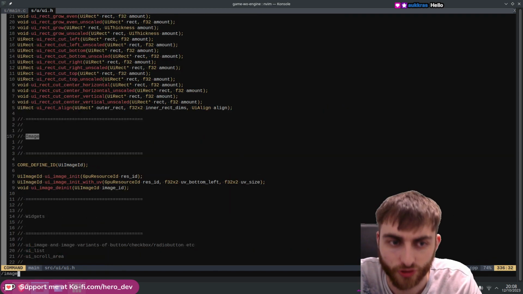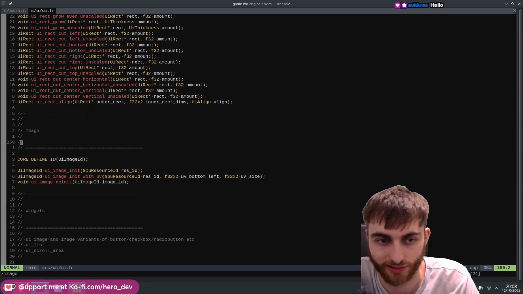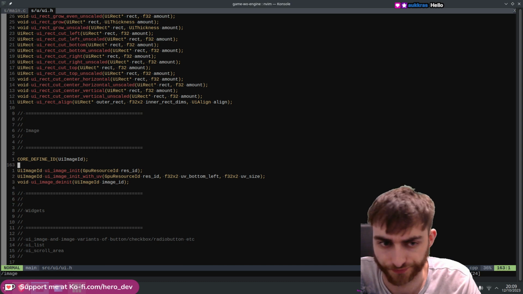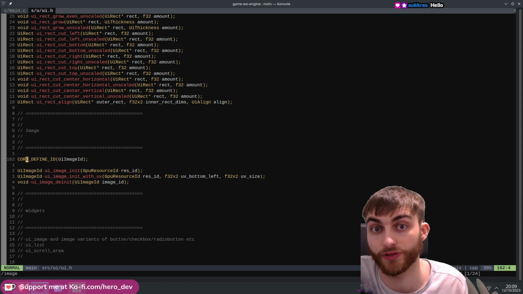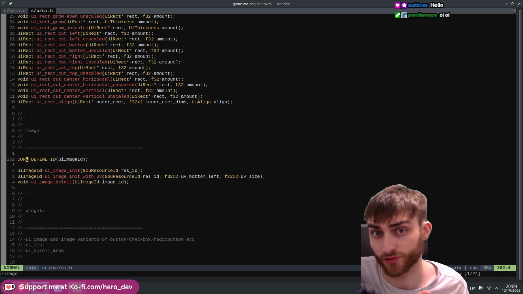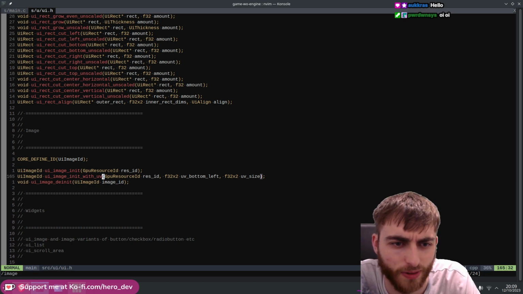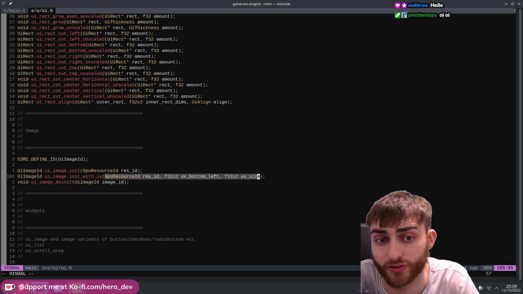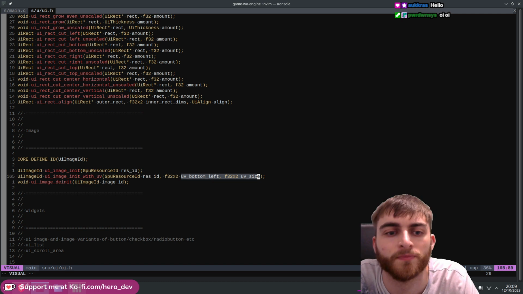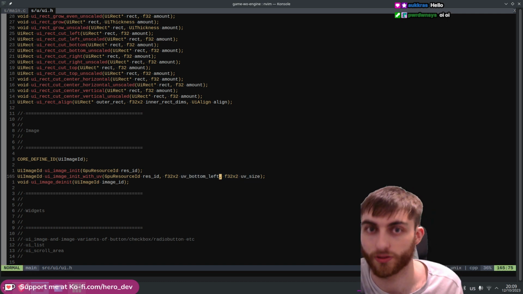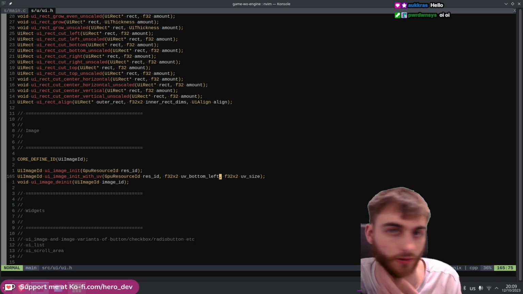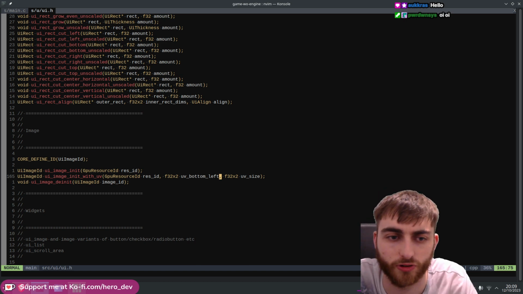So then we started working on images. We didn't quite finish it, unfortunately, so I want to finish that today. We did get images done, but what I wanted to add is a bunch of convenience functions for buttons, checkboxes, and radio buttons, so you can have images and text very easily without having to create a custom widget. So we ended up adding this sort of image thing, which basically encapsulates three parameters: the GPU texture, and the UV coordinates. So we don't have to keep passing those in every time, and we can just pass in a single parameter. So obviously there's pros and cons, right? You have to create this little image ID, but